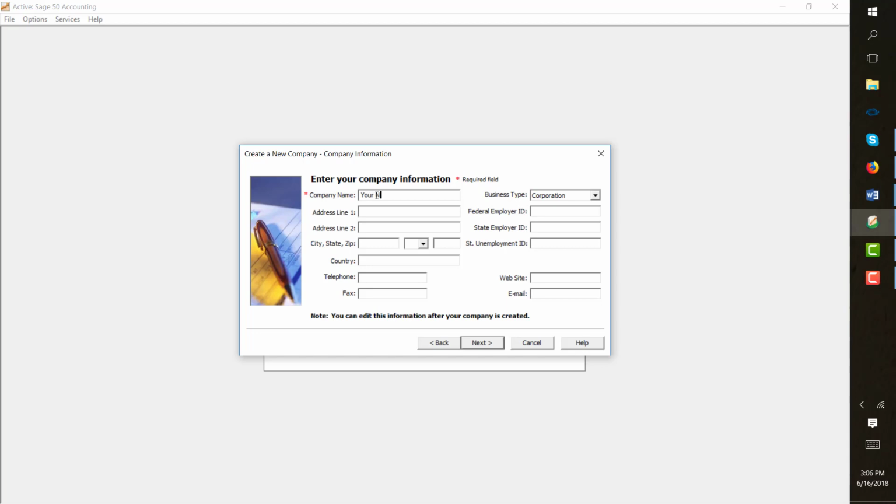On company name, enter your name, MD. On the address line, use any address. For this illustration, I will use the CSN Cheyenne campus address, which is 3200 East Cheyenne Avenue, North Las Vegas, Nevada